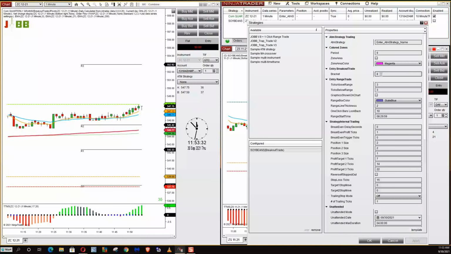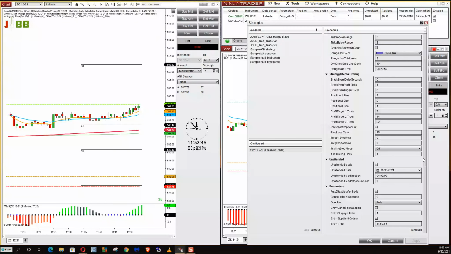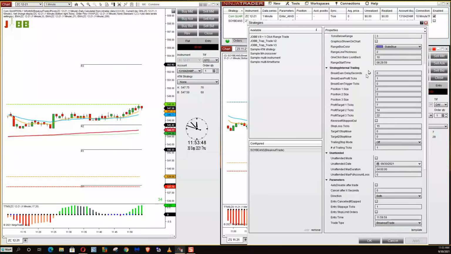Beans, beans, the musical fruit. Bracket of 8. Showing my age on that. Nobody young knows that stupid thing. Targets of 7, 14, and 22. The key is the stop is 15 and the entry 11, 59, 59.